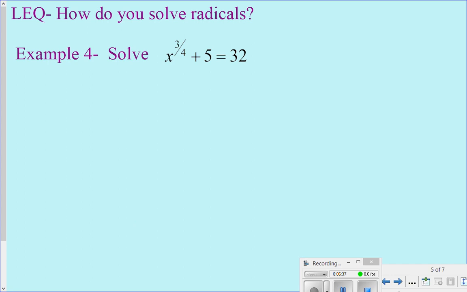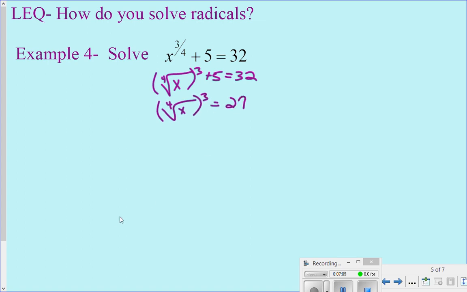All right, so another one, same idea here. This problem has a fractional exponent, so we know from our work earlier in this unit that a fractional exponent can be rewritten as a radical. So that's how I'm going to start this. I'm going to start it as the fourth root of x cubed plus 5 is equal to 32. So once again, to solve for x, I have to get that 5 out of there. So let me subtract 5